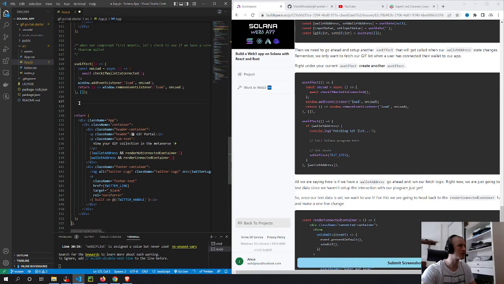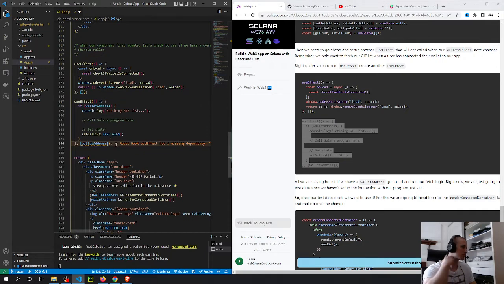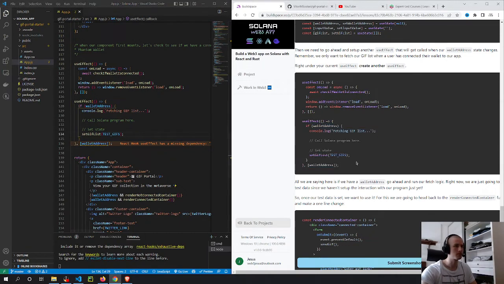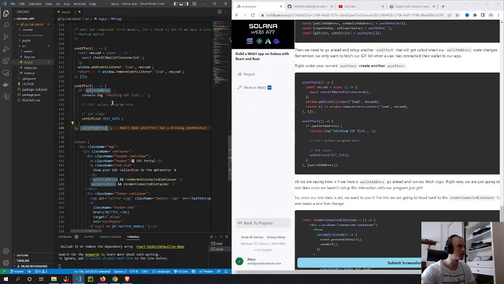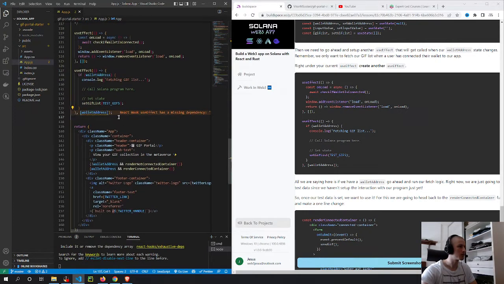I think the standard is to use effect whenever you have asynchronous stuff, or a form button, something like that. And this only changes whenever there's a change on the wallet address. This use effect is gonna run, and this one runs every time